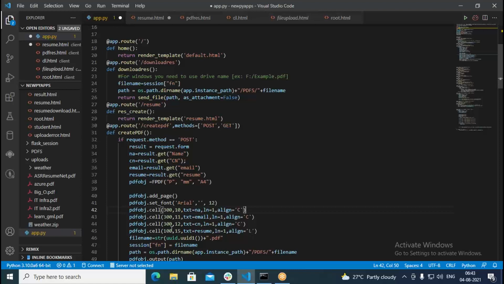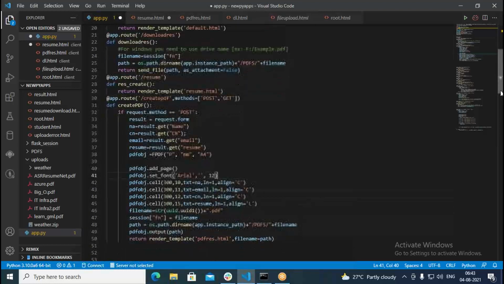And this is starting exactly in the 100 position. All these are starting in the 300 position from left. That means it moves 300 to the right side, and from the beginning it moves towards the right side. There, this particular text will be getting printed. Okay, then with the last one, 100 comma 15, all these are at 300 column number, but this is the 100 column number. There the resume, whatever we type, will be getting printed.